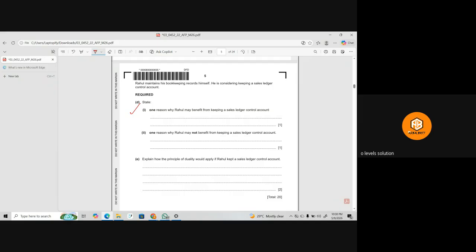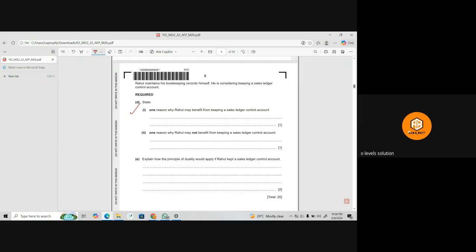Then the second question is one reason why Rahul may not benefit from keeping a SLC. Okay, so it is time consuming. Yeah, if you are preparing the SLC, it is time consuming and it is unnecessary for the small businesses, because वो कह रहे हैं कि राहुल बुक कीपिंग खुद ही करता है, तो ये स्मॉल बिजनेस होगा। अगर कोई बहुत बड़ा बिजनेस है, कुछ फ्रॉड से बचना है, तो उसके लिए हम लोग कंट्रोल अकाउंट प्रिपेयर करते हैं।